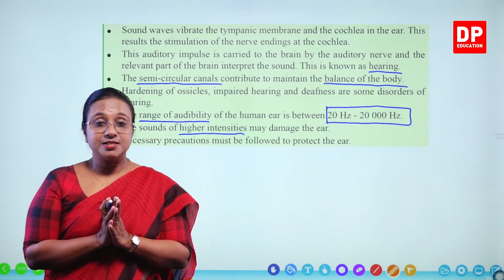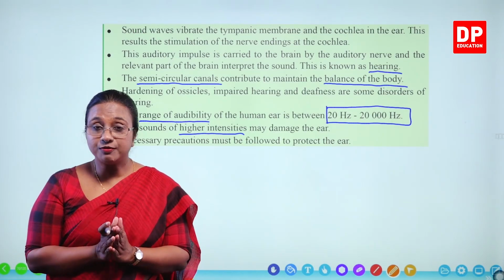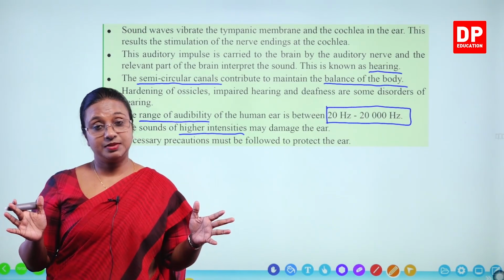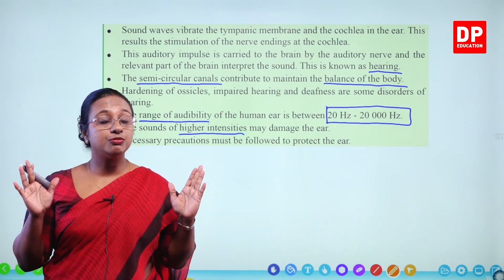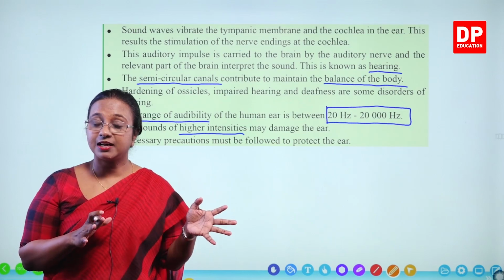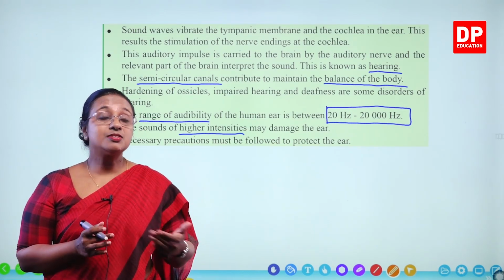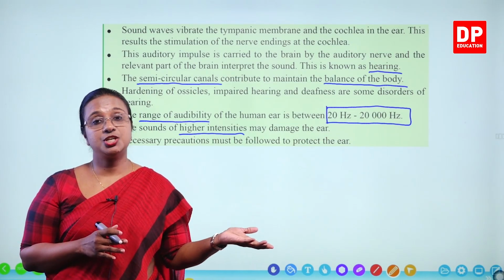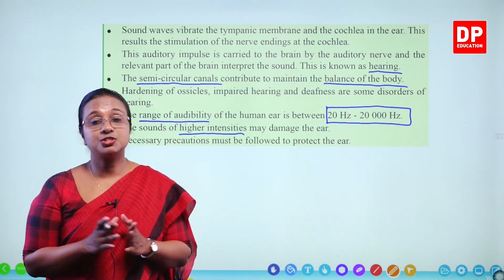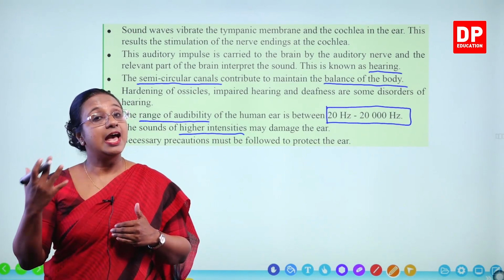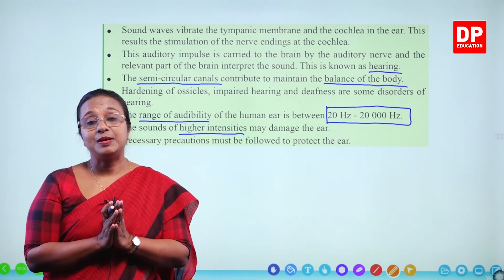So, with that, students, I have completed the lesson. First, we discussed the structure of the eye, then how images are formed in the eye, defects of the eye, how we can correct them, and you know how to draw ray diagrams. We have done activities, and you have understood all that. Then the diseases of the eye as well as infections caused to the eye. After that, I discussed the ear, the structure of the ear, its functions as well as defects of the ear.